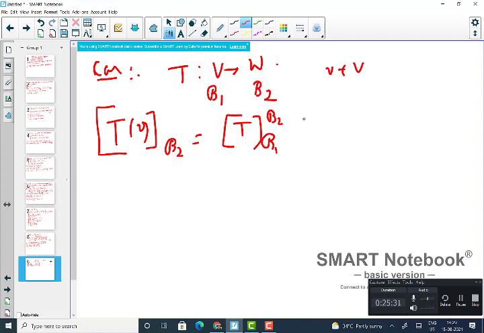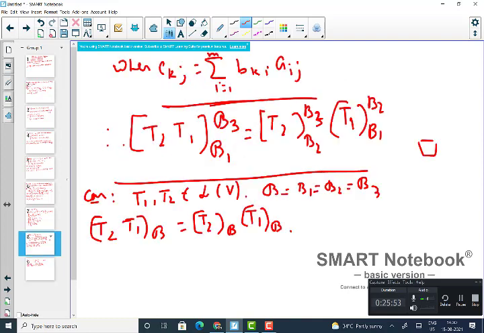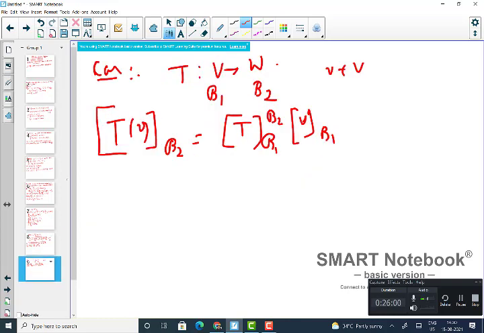multiplied by the coordinate vector of v with respect to b1. You can think of these column vectors as n cross 1 matrices, right? So this is also multiplication, and that is straightforward, coming from this theorem. You just apply this theorem. Okay, so these are the observations. With this observation, we are going to now